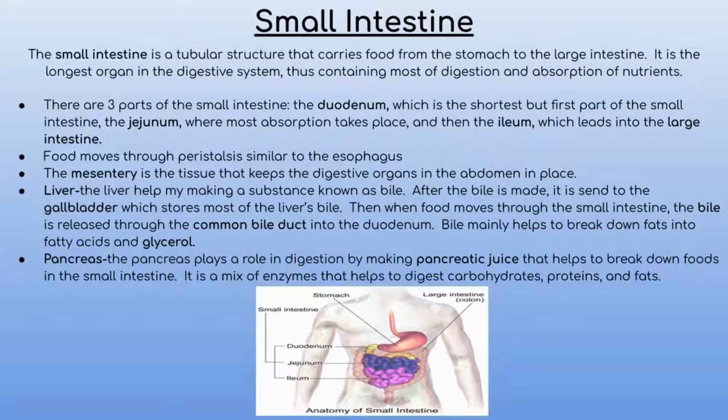Next, we have the connecting but indirect organs in the digestive system, which are the liver, gallbladder, and pancreas. First, we have the liver, which makes a sticky substance known as bile. The gallbladder then stores most of the liver's bile, which is connected to the common bile duct. The common bile duct empties into the duodenum. Bile mainly helps to break down fats into fatty acids and glycerol. We will talk about bile production and more functions of the liver in a future video of the liver and